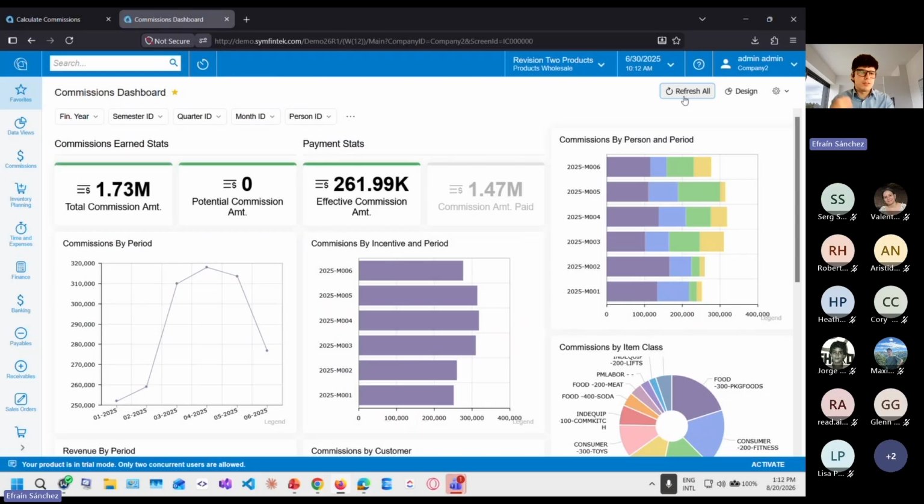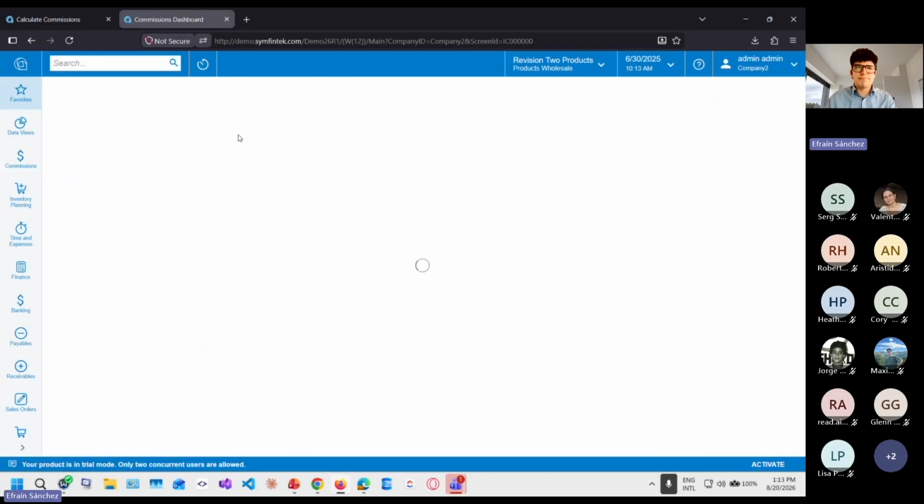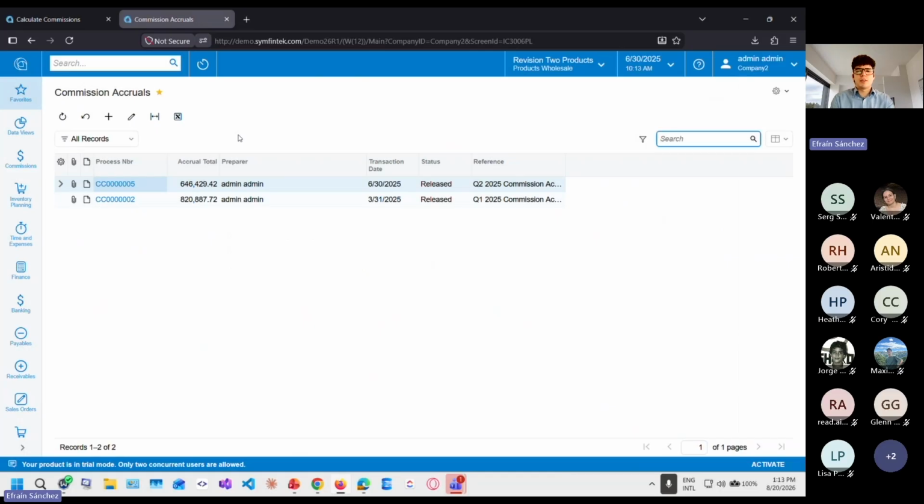So going to our dashboard, like I said, I want to see some effective commissions because I want to pay out some commissions because we're at period end. So you can see here we have some effective commission ready to pay out. What I'm going to do now is go to our accrual screen